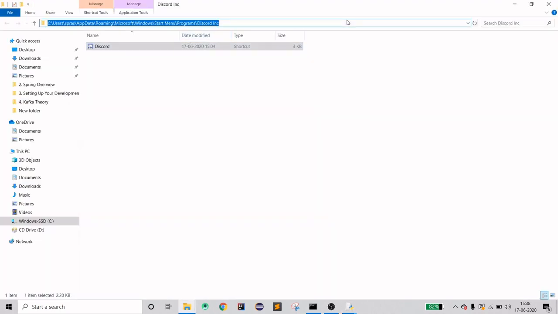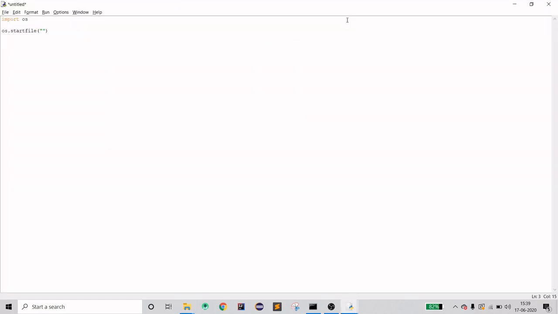So this is your path, and you put it here, and then you have to replace each slash with 2 slashes, because 1 slash will not be considered, as it is used for escaping. After doing this, I just have to put the name of the shortcut.